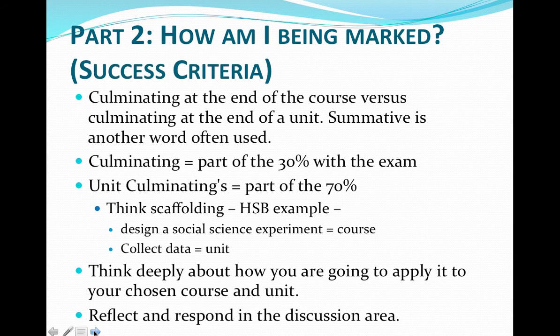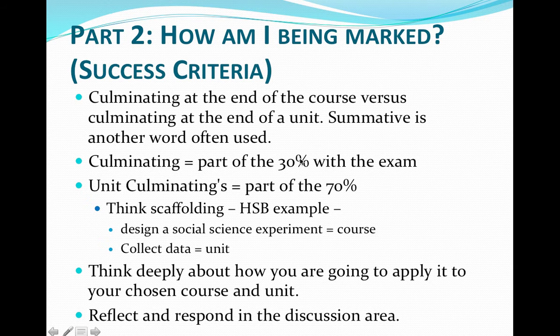All right, so then part 2 is how am I being marked? The success criteria part of it. So just to clarify some language that's out there, because there's different ways you can label these things. At the end of the course, there's usually something called a culminating assignment. It might also be referred to as an ISU or a summative. Various wording here, but what people are trying to say is this big assignment, whatever it is part of 30%